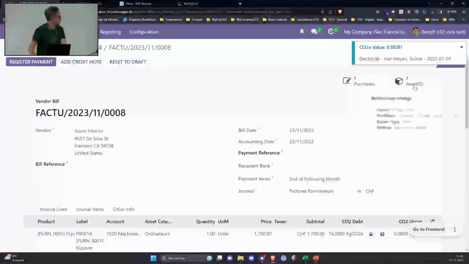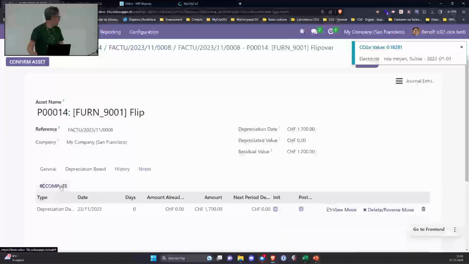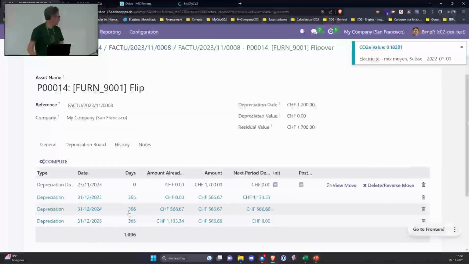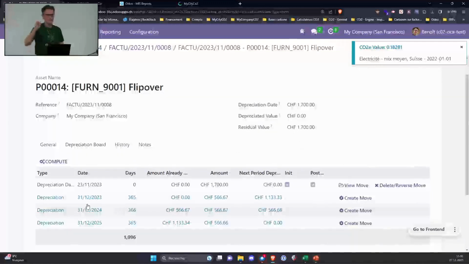The asset has been generated because this is the way it is configured. We want to depreciate this asset across time. So now you confirm, and you generate all of your lines from an accounting perspective. You confirm your asset, and all of this will also carry the carbon, the CO2, with all the money behind it, with the same computation in terms of pro rata or whatever way you have defined your asset configuration.